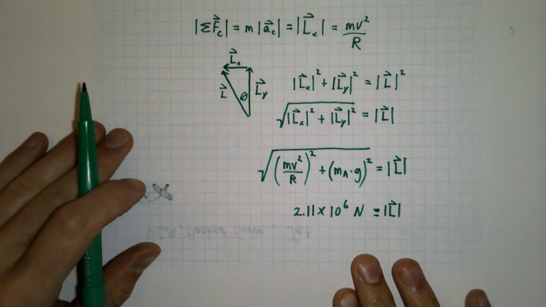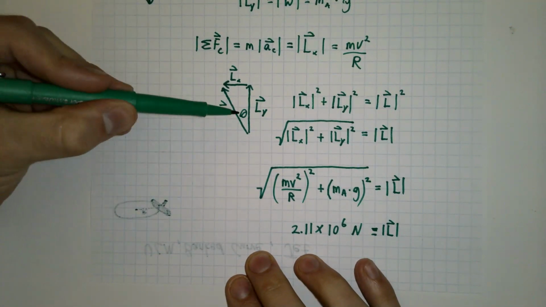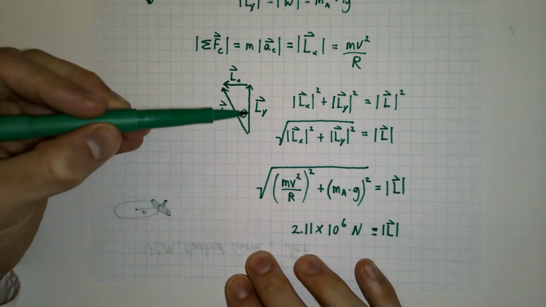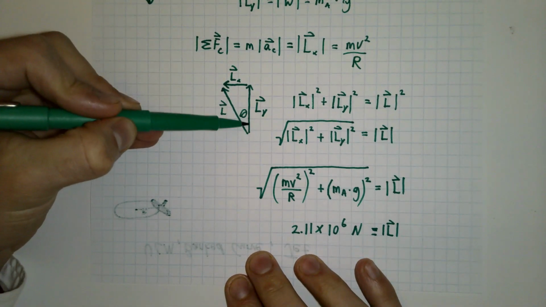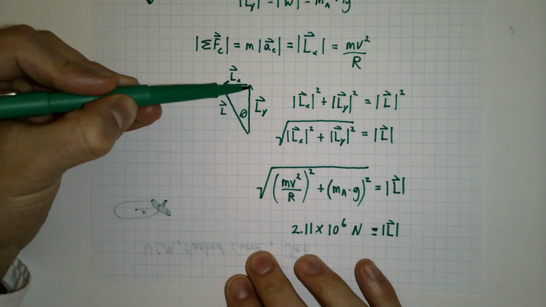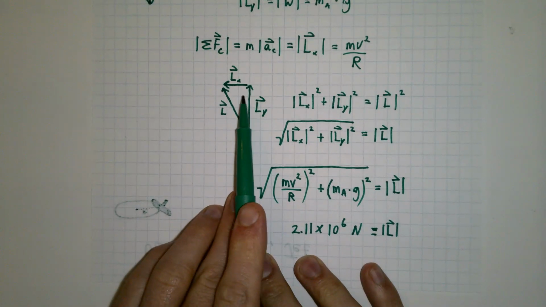For the bank angle, we look back at our vector triangle here. We're trying to find this angle, how much to the west, or rather, how much west from north, right? The lift in y vector, or the y component of lift, is pointing directly north or upwards. The lift is